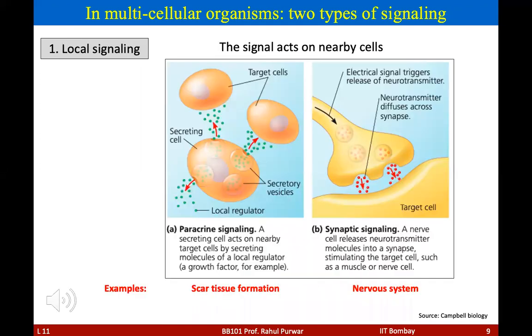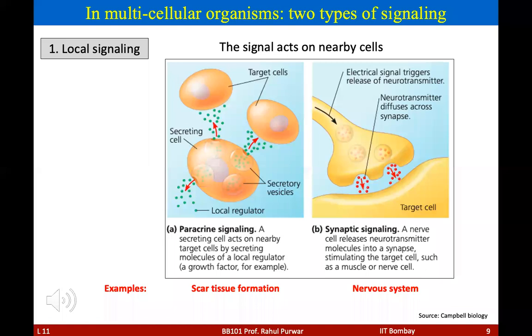In local signaling, there are two types of signaling. One is called paracrine signaling, where a secreting cell acts on nearby target cells by secreting molecules of a local regulator. For example, here it can be a growth factor. So here you see one cell which has a lot of secretory vesicles. And imagine in these secretory vesicles, there are growth factors. Growth factors can be certain proteins which are required for the growth of the other cells, and in this case